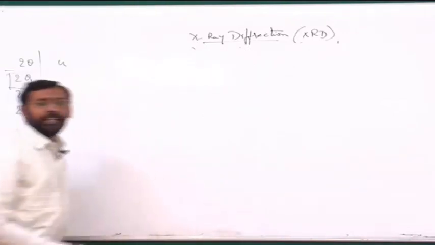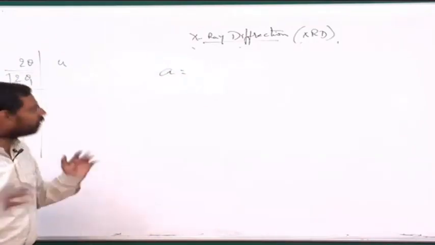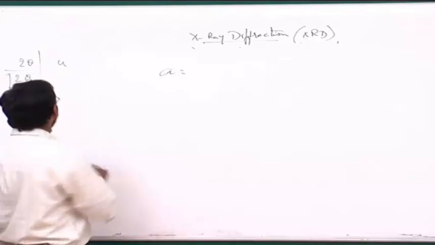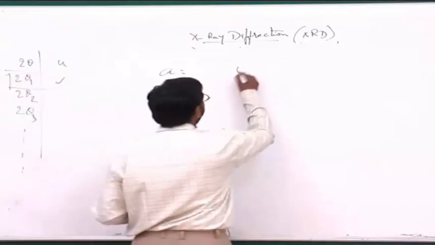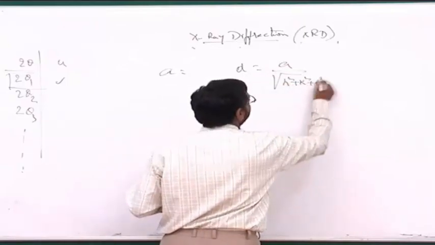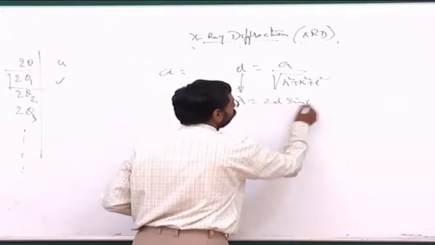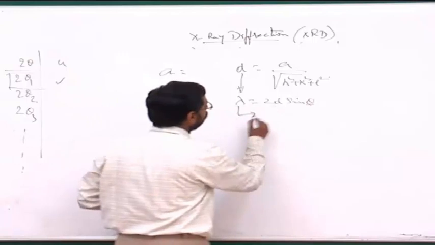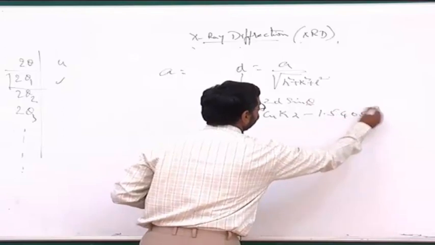We just now calculated the lattice parameter a for a cubic phase. We are sticking to cubic because it is much simpler. And we said we can calculate this a by simply taking the first peak and using the formula d equal to a by square root of h square plus k square plus l square. And I can find out the d from lambda equal to 2d sine theta. So knowing the theta for the first peak, I can calculate the d because I know which lambda I am using. For example, if I am using copper K alpha, I know it is 1.54 angstroms.